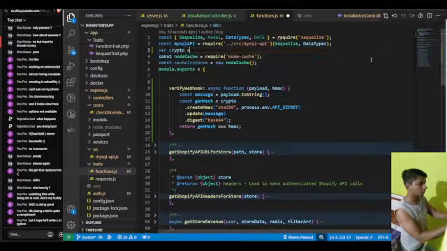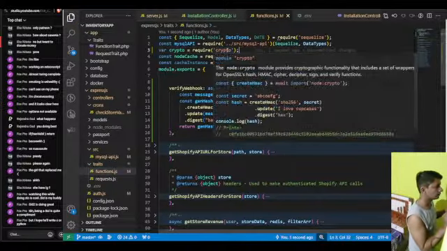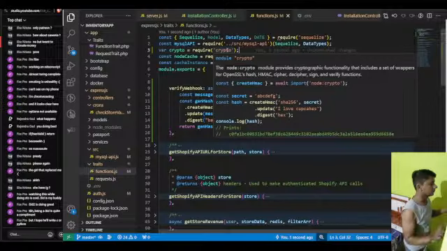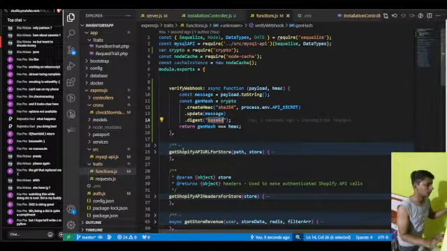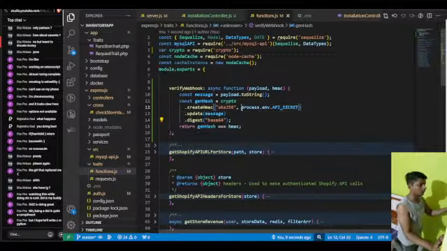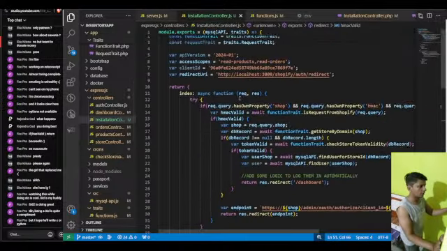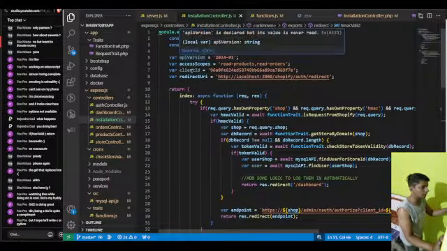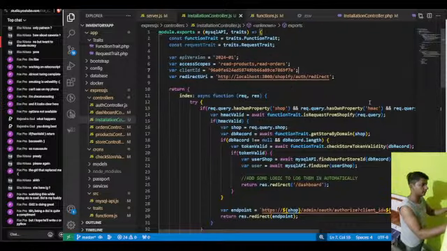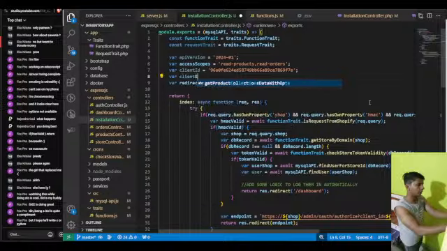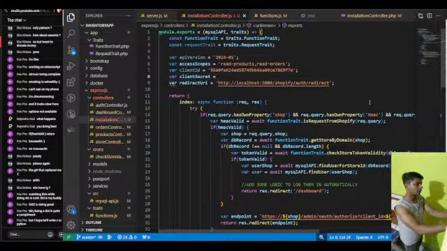Where crypto equals require. process.API secret. So I probably should send API client ID or client secret. So where client secret equals,